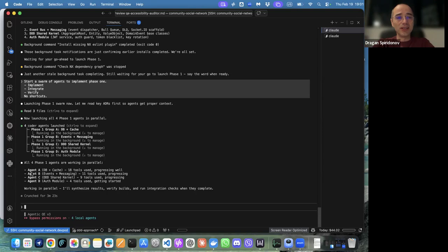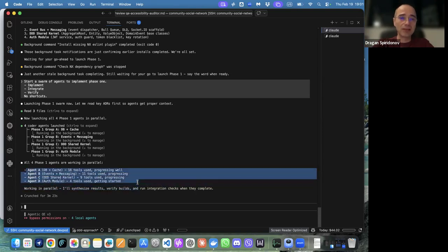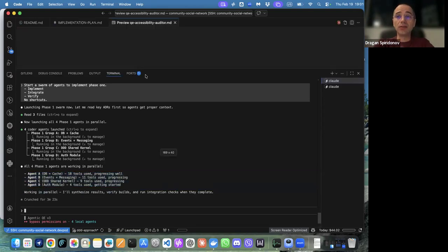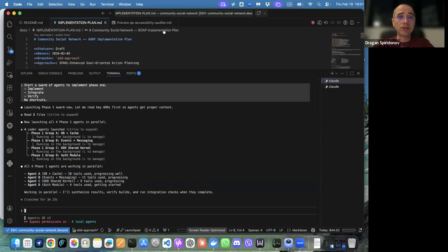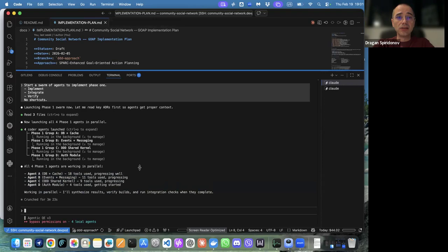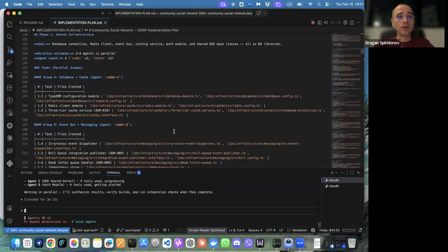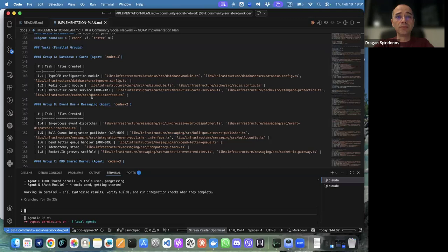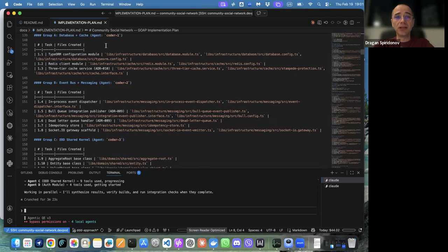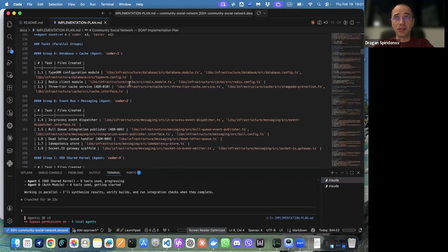So you see, we have 4 phases now, 4 agents working on phase 1 tasks. And if we take a look at the original plan, we will see that it was created like that. So phase 1, phase 1, phase 1, there. Group 1 will work on database and cache, and it's already prepared agents that will work on that.